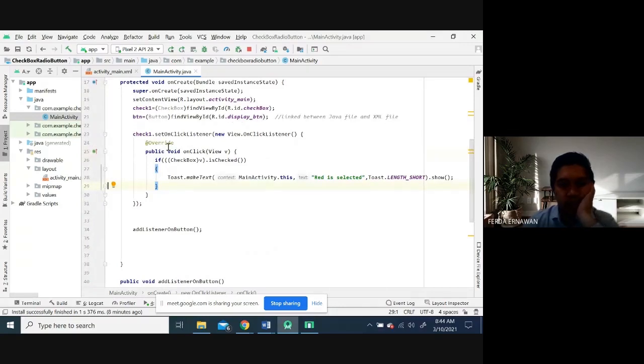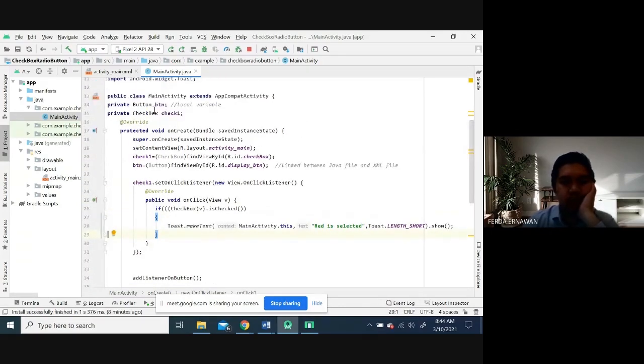Let me read again. Declare, link, set on click listener. Once I click, if checkbox view dot isChecked, it means the user ticked, display this one. Else nothing. Unchecked means it doesn't show anything.